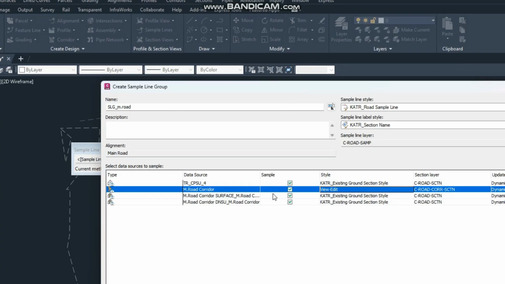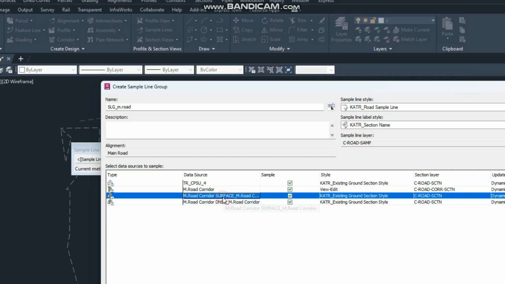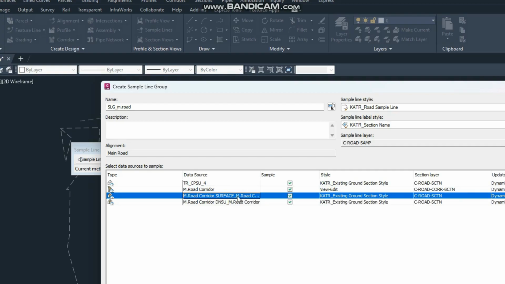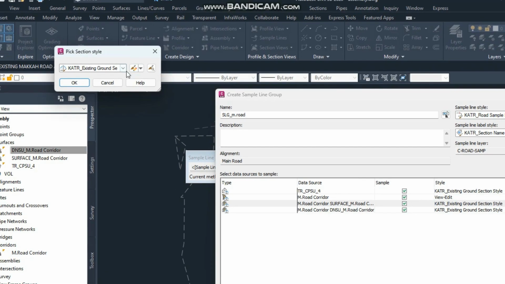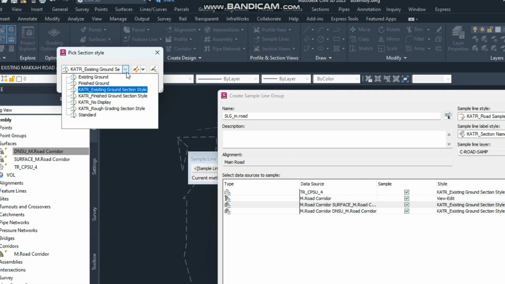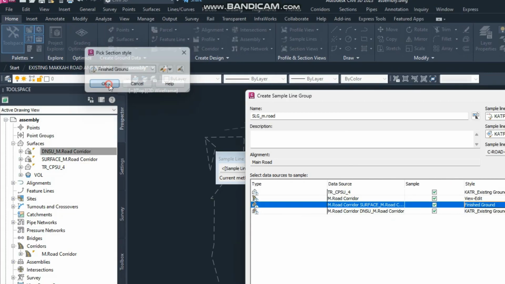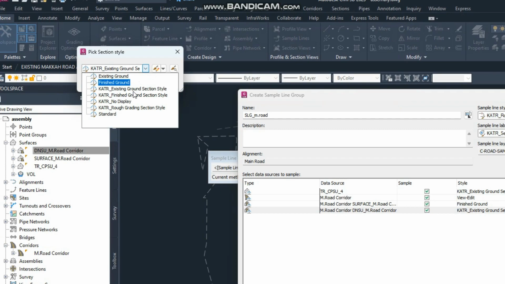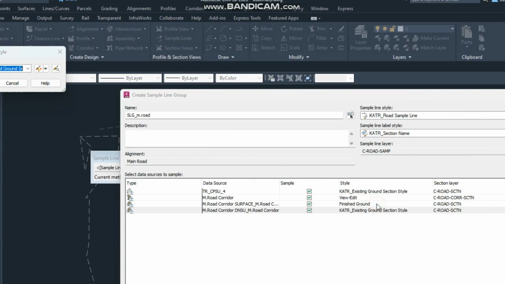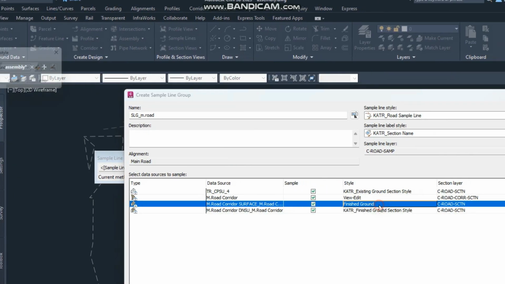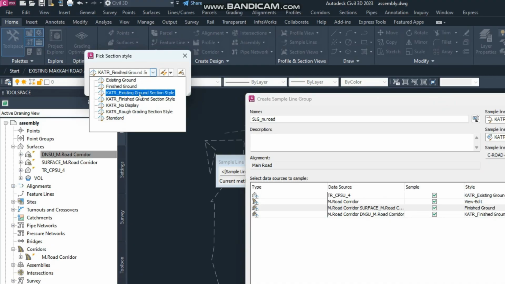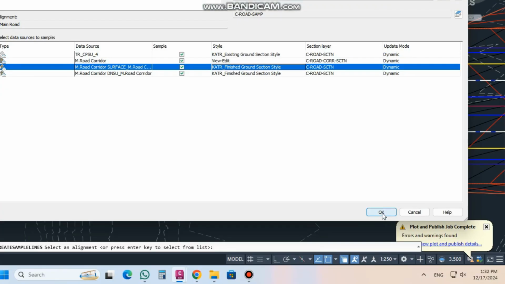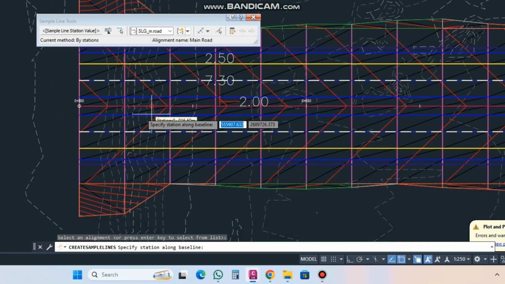From this sample line tool, you can create a sample line group, you can edit, you can delete, you can select from drawing, and from here you see there is by range of station, add station. Add station means if you click anywhere, the section will appear there, the sample line. From corridor stations you can create, because we created the corridor each 10 meter, so it will appear every 10 meter. From pick on the screen you can click here, and the last option is from polyline. You can select from polyline. When you click OK, this